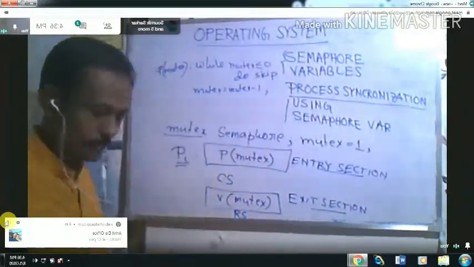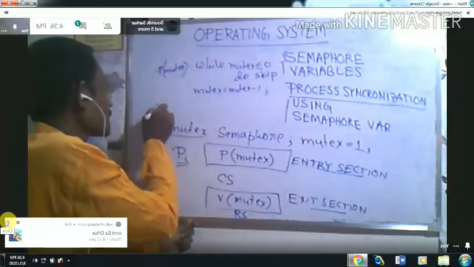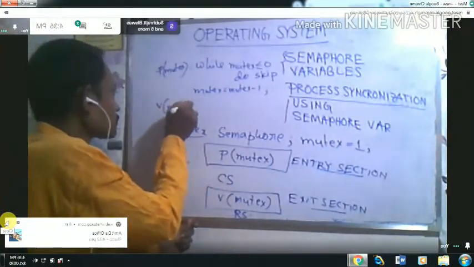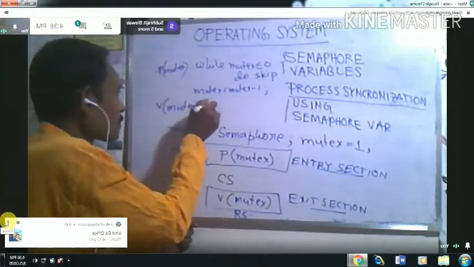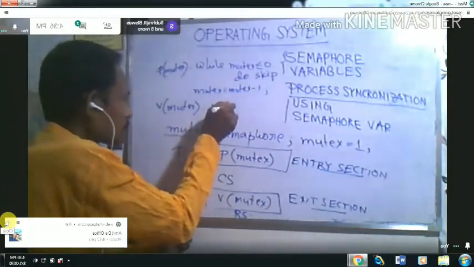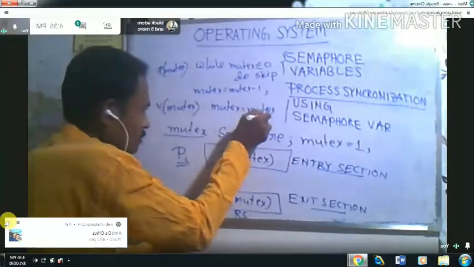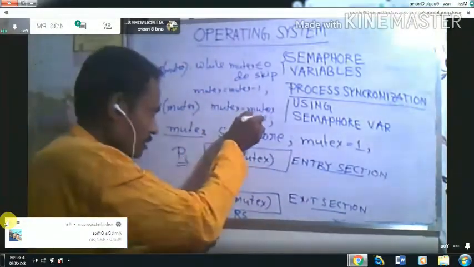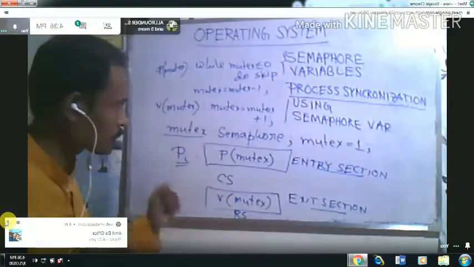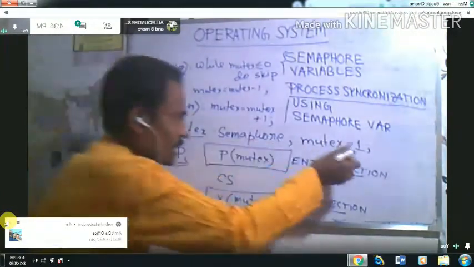In the V mutex operation will be mutex equals to mutex plus 1. So here initially mutex is 1. So this is our solution.